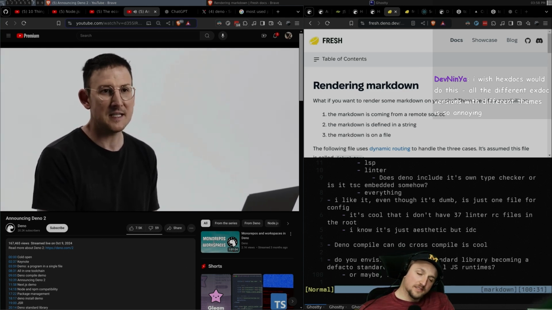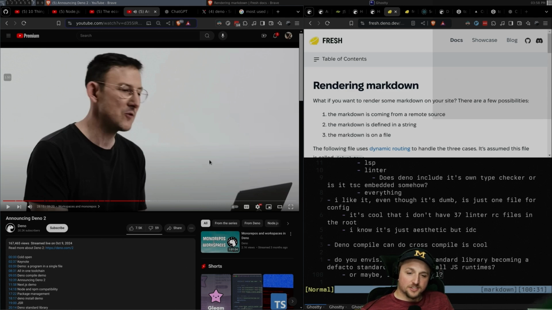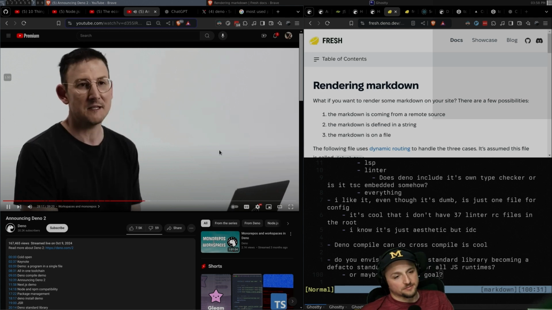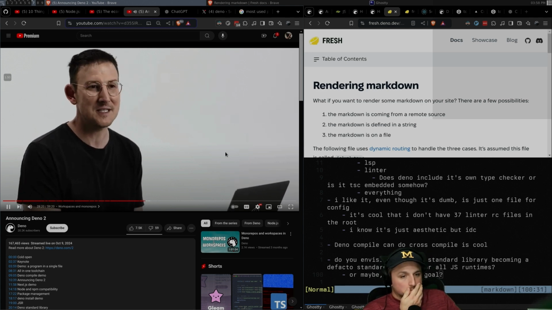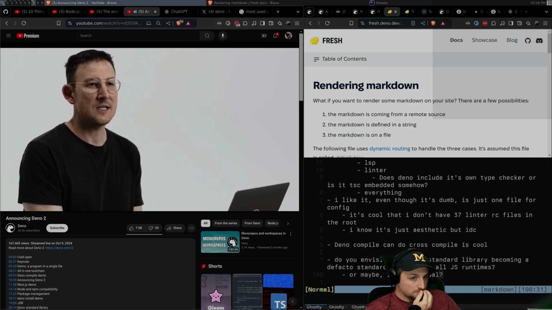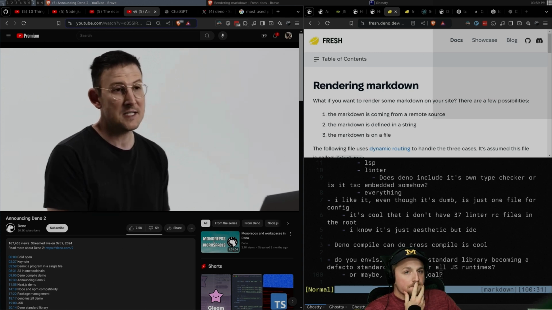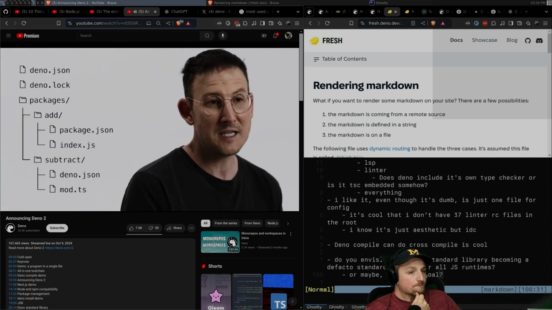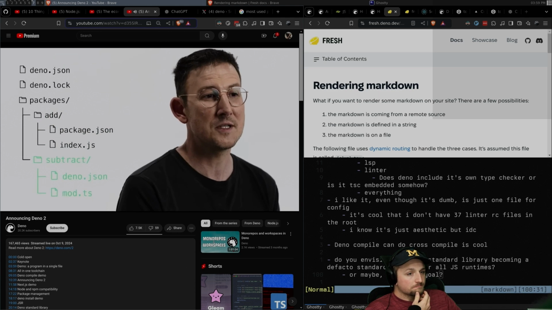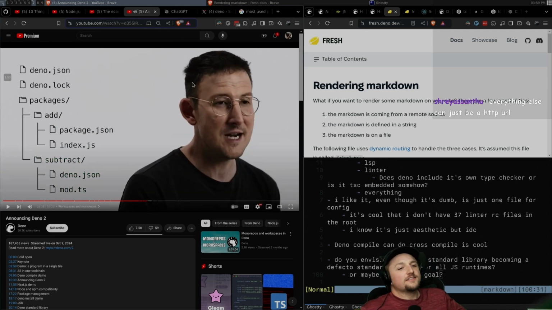Deno workspaces is similar to. Is it just npm packages, or can you do private registries for like JSR and other stuff? I don't know. Maybe it doesn't matter. Deno workspaces, in fact, interoperates with npm workspaces, but essentially is monorepo support. It allows you to have multiple packages in a single monorepo, and Deno workspaces lets you mix and match package.json modules and deno.json modules seamlessly, and has the great